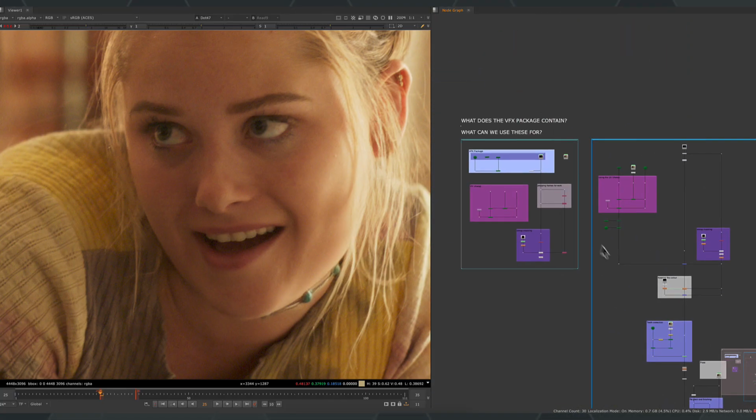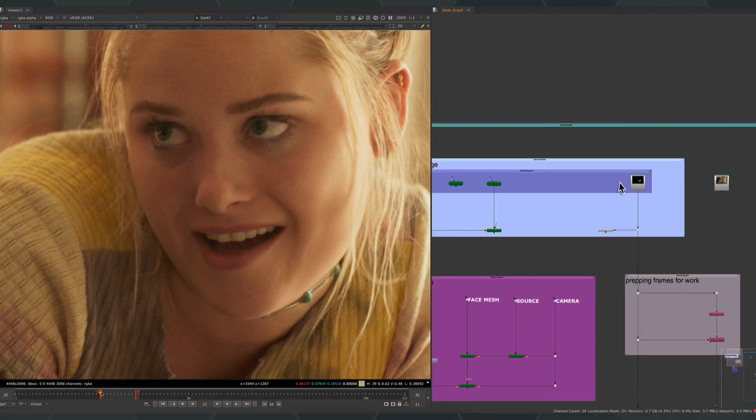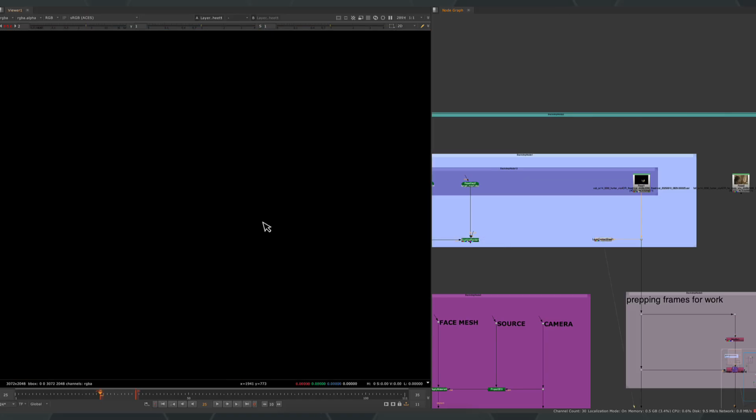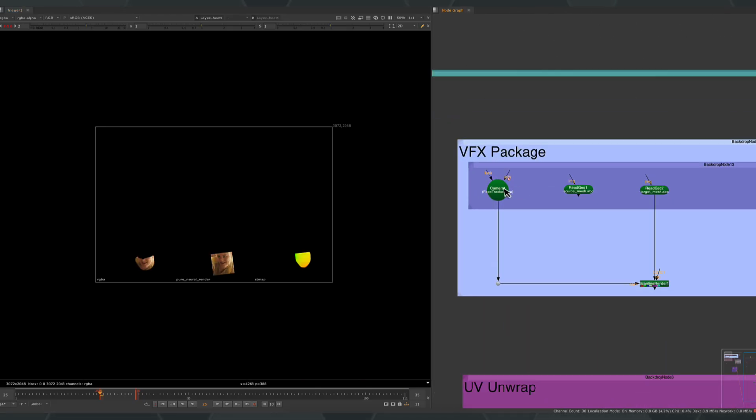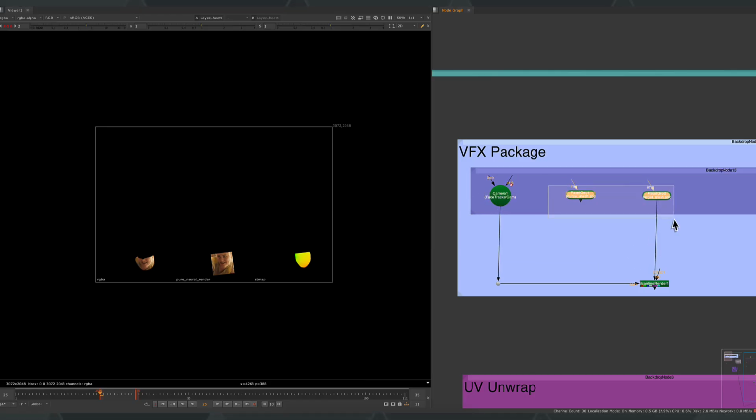Just a quick recap of what we've covered. The package itself contains a multi-layer EXR containing a composited output of just change pixels, the pure neural render, an ST map, and a few masks. It also contains a camera, and then 2 skull geometries, one that matches the original plate, and then one that matches your VUB.